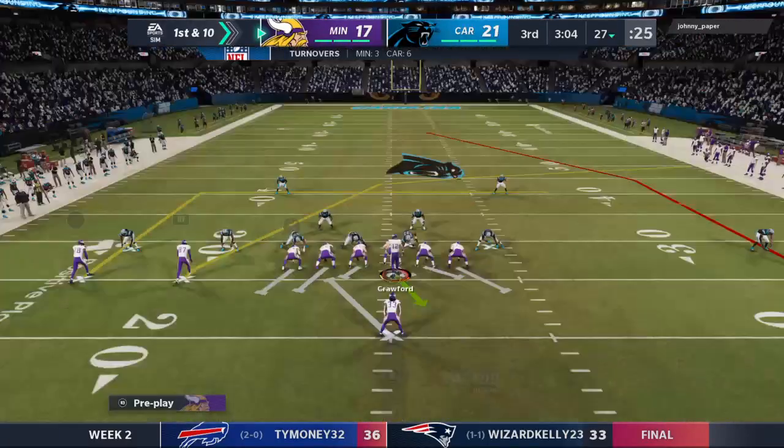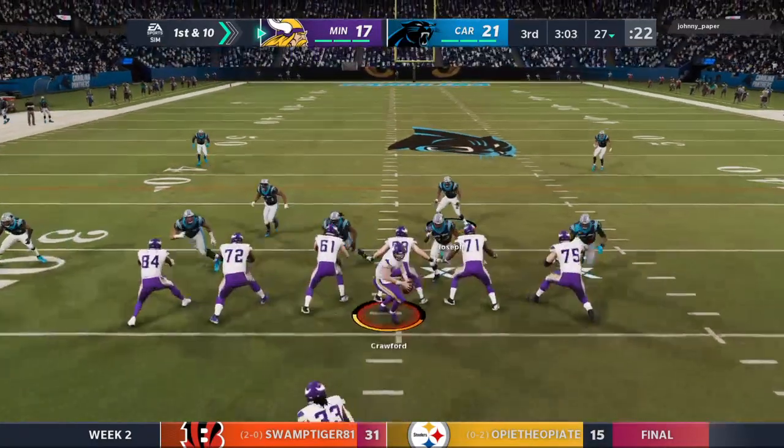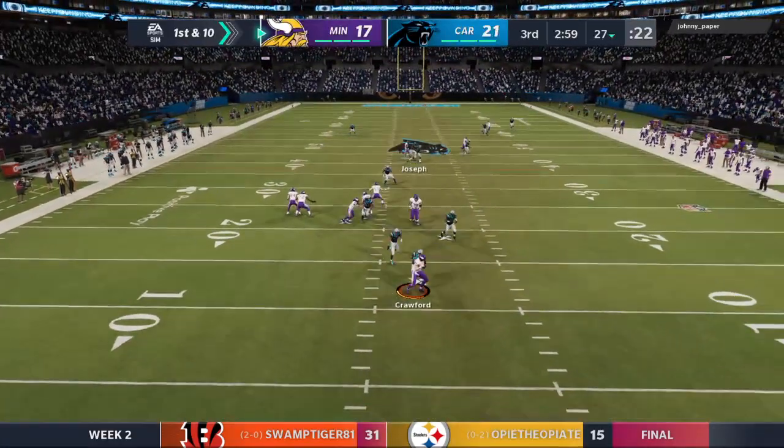Here are the Vikings now to start their next drive. Their drive last time, it stalled out. They were forced to take the short field goal. And the key phrase, you nailed it. Forced to, because you know coaches are going to...